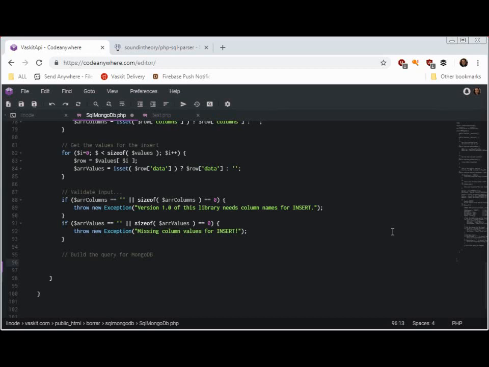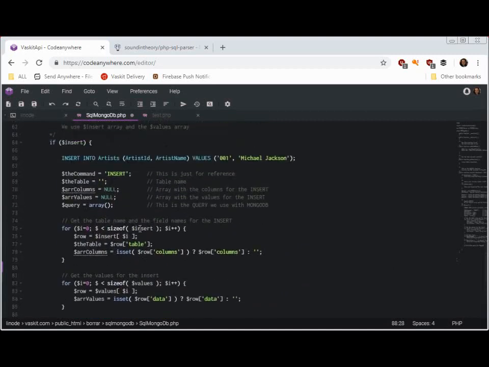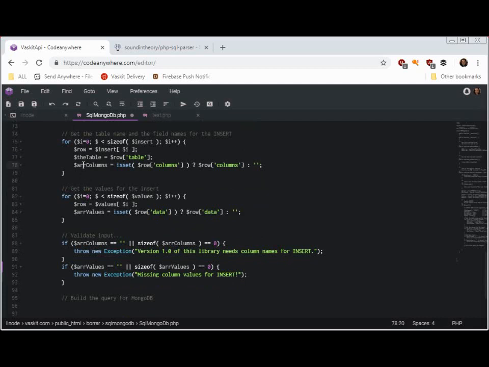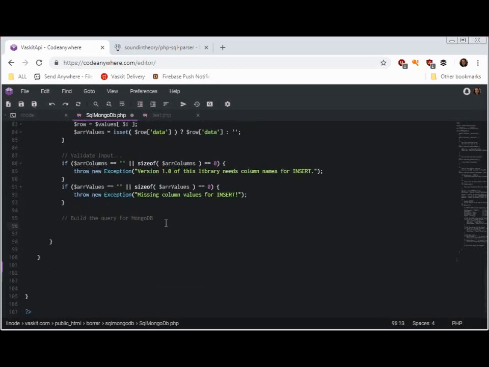Now we can build the query for MongoDB. So we're going to use the columns here. We're going to use this. You need as many columns as you have here as values you have here, for this tutorial in particular. We're going to comment this out to the column, because otherwise this is going to give us an error. So we're going to create a for loop for this. So for, let's call it C, the size of